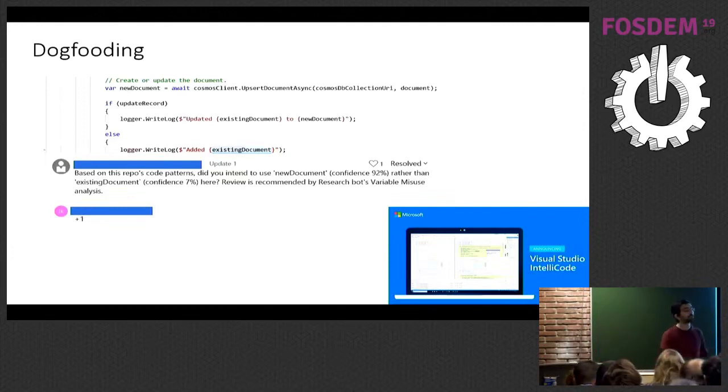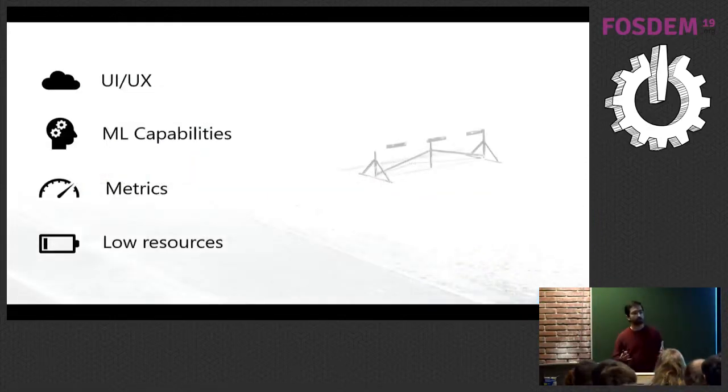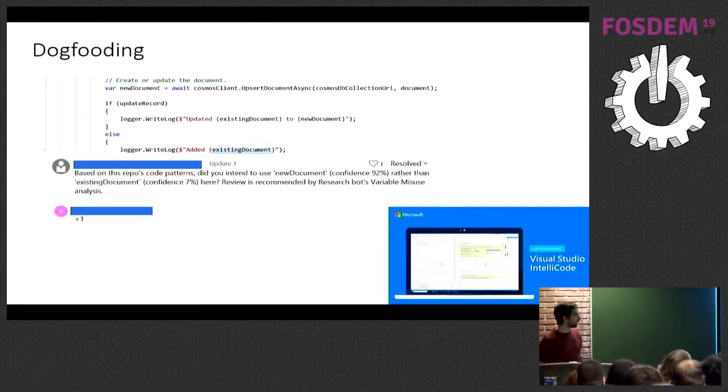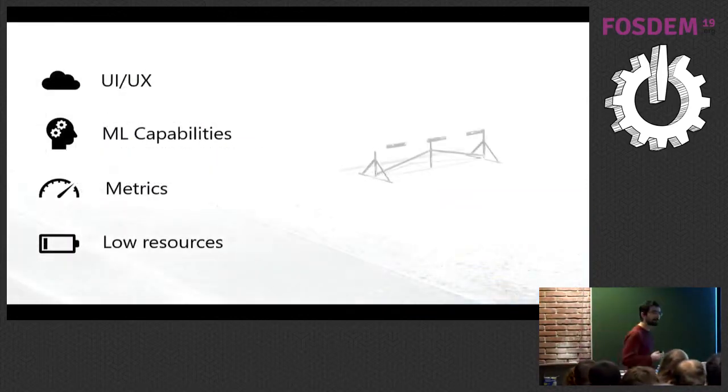But we've decided to discontinue the dogfooding that has been happening for the past year. So the main thing is that, first of all, we haven't solved the user experience. We haven't solved how to communicate to developers that maybe don't have any experience with machine learning that our decisions, first of all, are probabilistic. As you saw here, we had a 92% confidence, but it's never 100%. It will never be with machine learning. And also at the same time, it's really hard to tell people you're wrong. So in that sense, we need to be better as a community in finding ways to say this.